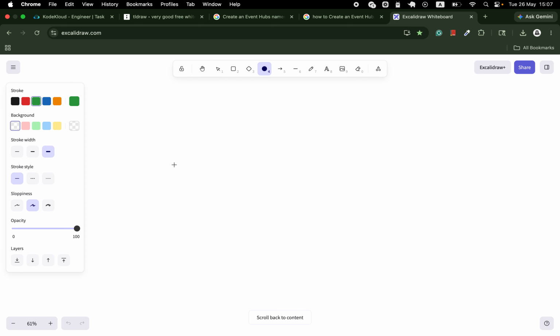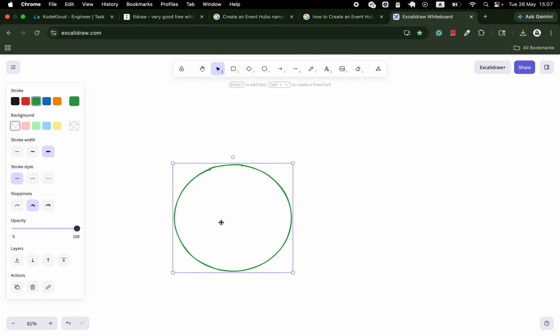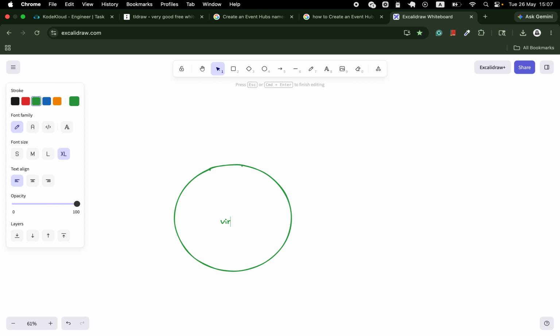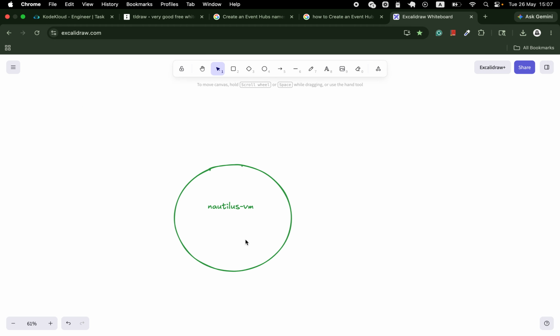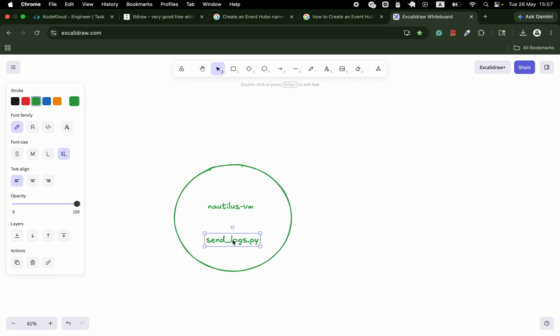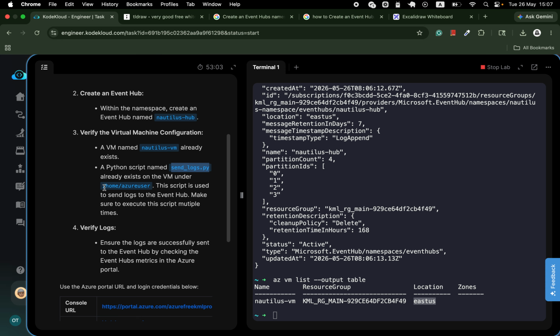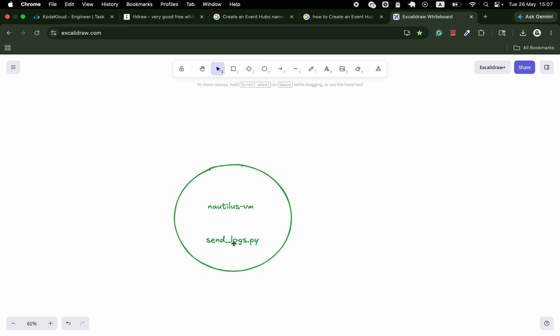So we have this is a virtual machine, okay, and this is a nautilus-vm. So within this virtual machine, we have this send_logs.py under this specific directory, right? So let me copy and